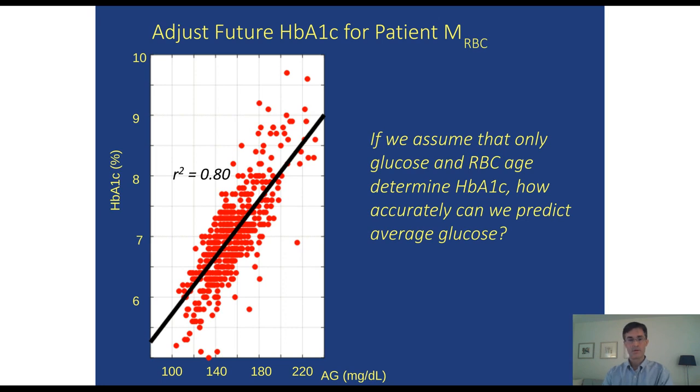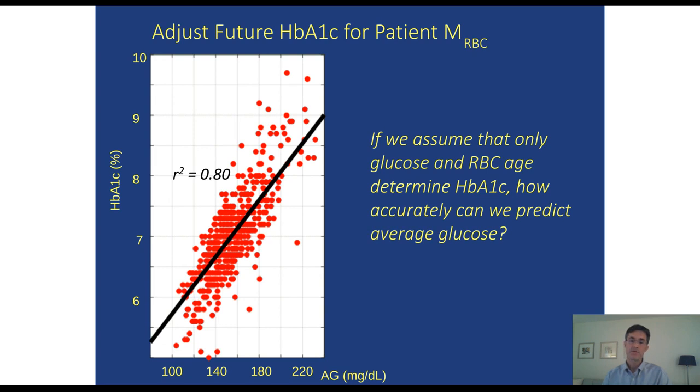the results. So if we take this data plotted here, it is from a clinical trial of diabetes patients who had continuous glucose monitoring, which enabled accurate measurement of their average glucose shown on the x-axis, and A1c measured on the y-axis. These same individuals 6 months earlier had another set of measurements which allowed us to estimate their mean red